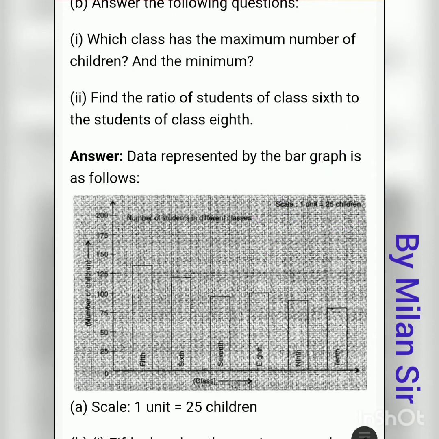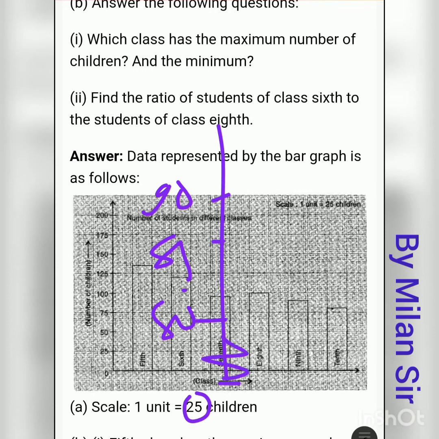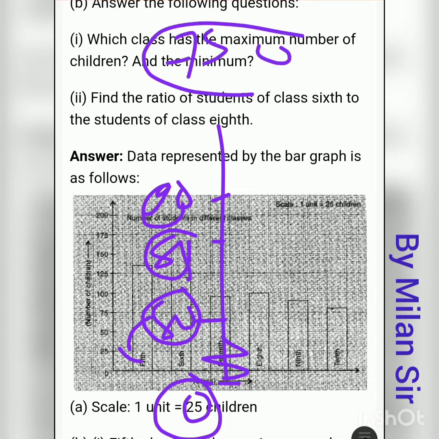And if you start with 80, then 85, 90, and here 0. Now if you start with 80, you need to cut your graph, because before 80 we want 75, but here we are taking 0. It means from 75 down to 0 we just skip the graph. If we skip the graph, we need to put this sign here. We need to cut our graph.